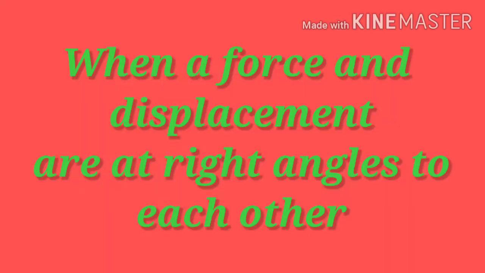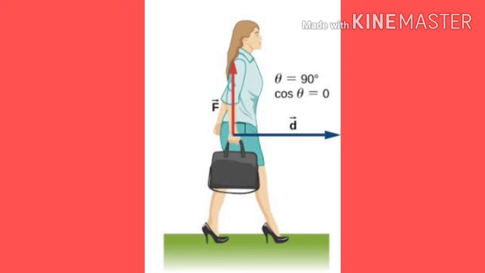The next situation is when a force is acting on the object and it moves, but not because of the applied force, means when force and displacement are at right angles to each other. So work is not said to be done when an object moves at 90 degrees to the direction of force. The force exerts in the downward vertical direction and the object moves in the horizontal direction.